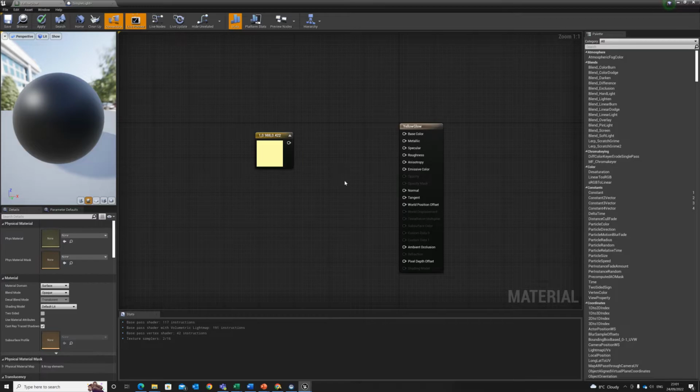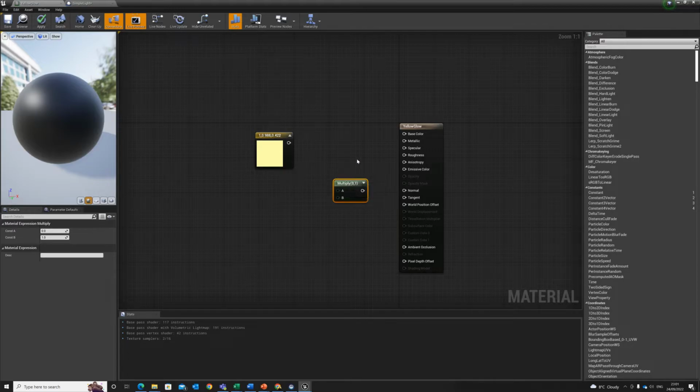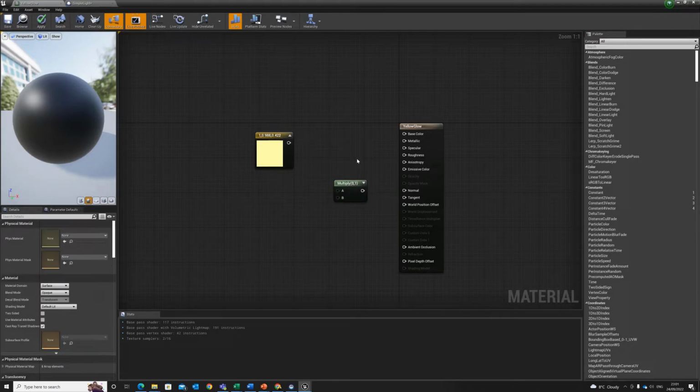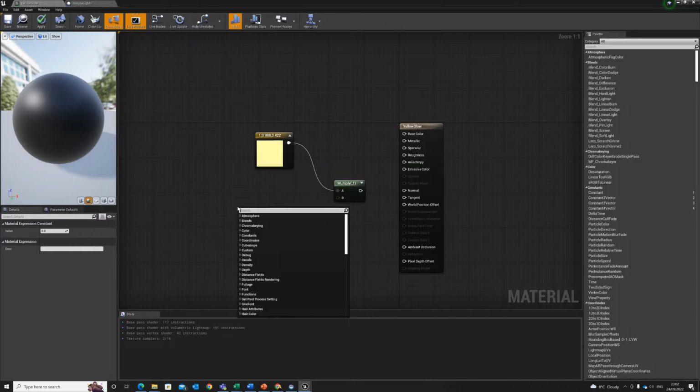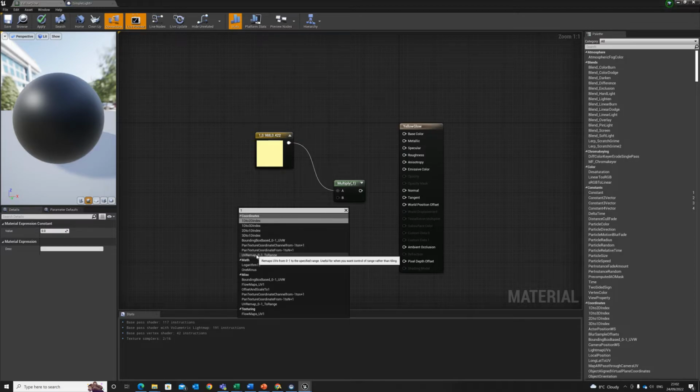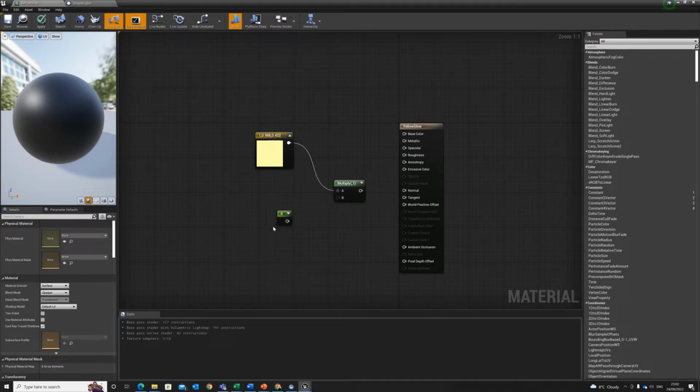I'm going to hold the M key, M for multiply, and I'm going to click here, and that's basically just a multiply node. I'm going to plug my color into the A pin of the multiply. Now I need an extra node to plug into this one here. So if you hold the 1 key this time and click, it gives us a single vector instead. Again, you could right click and type in 1 and find it in that list somewhere, but holding the 1 key and clicking is much easier. Now I'm going to plug this in here,